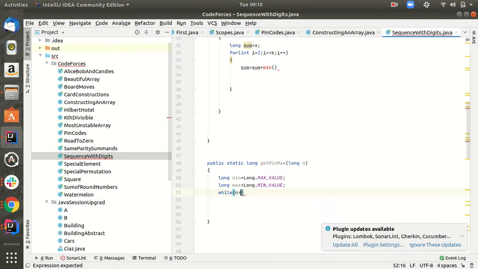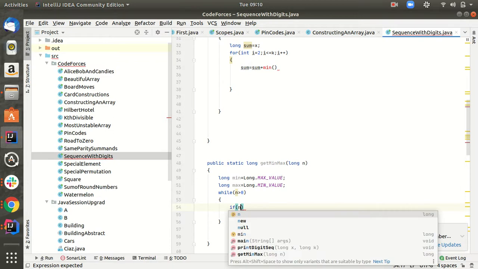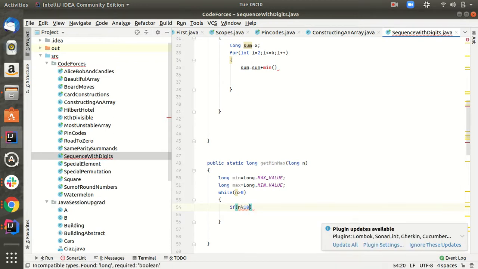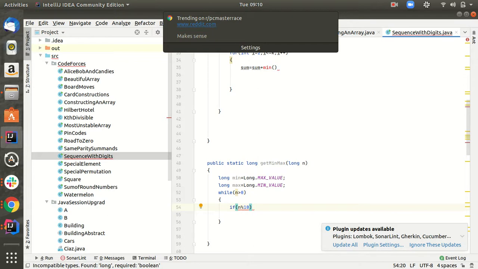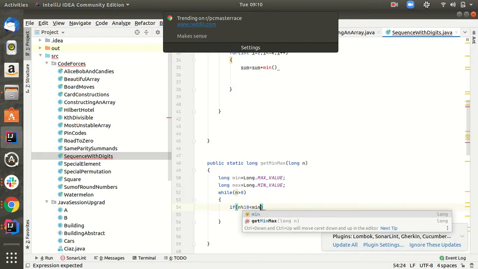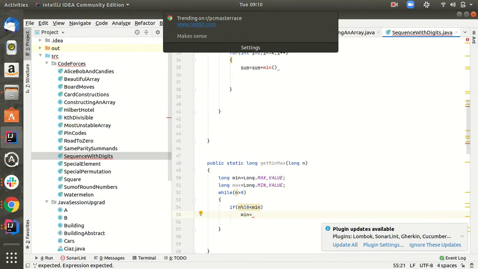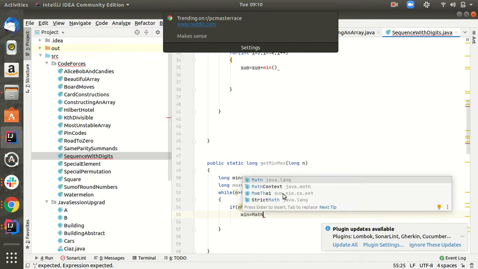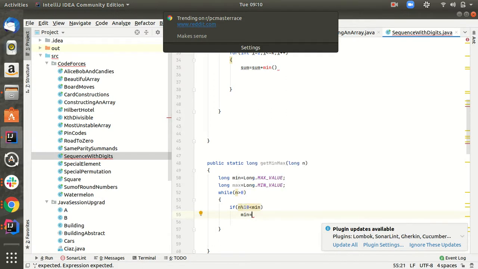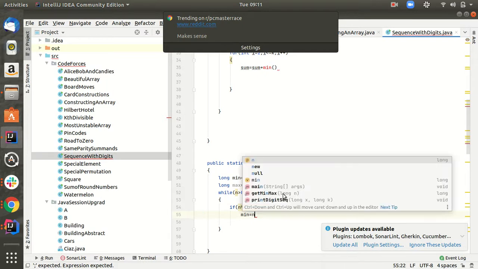While n is greater than 0: if n percent 10 is less than min, then min will be equal to n percent 10.